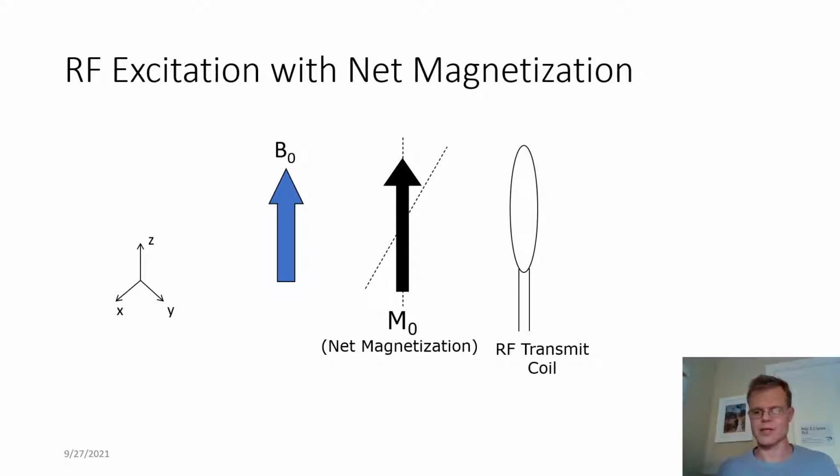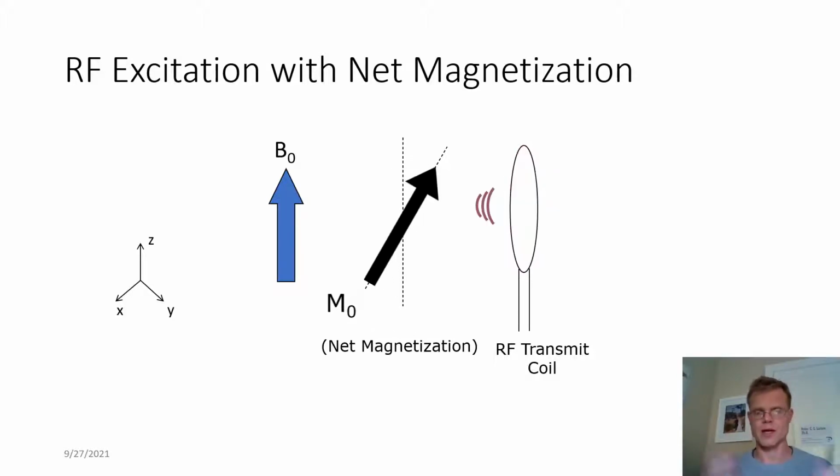I'll illustrate that again in this picture, where now we've simplified. We can use what physics tells us and just look at the net magnetization to completely understand what is going on with MRI. So again, we're going to apply an amount of radio frequency energy into our subject. It's going to cause the net magnetization to deflect away from its alignment and equilibrium. It's going to be deflected by some RF pulse flip angle,